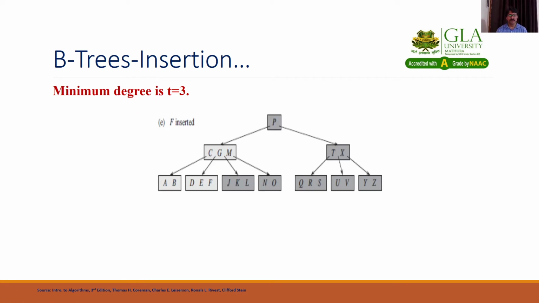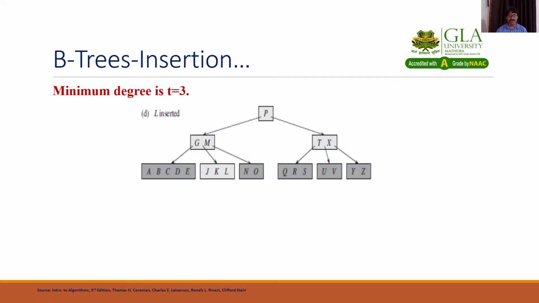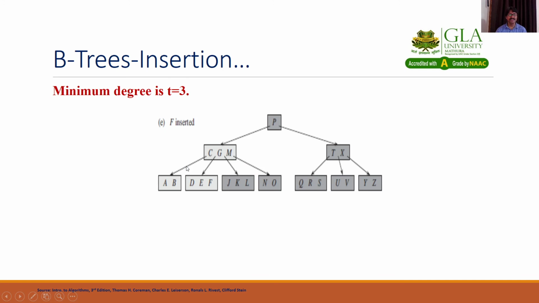Next F. You can insert F, but you can see here F will come with A, B, C, D, E, F. So it is already full, we cannot insert F. So again you have to split this node from C. C will go upside, with AB as the left and D as the right. So after E you can insert the F. So here you can see D, E, F, left children A, B, and C will go upside.